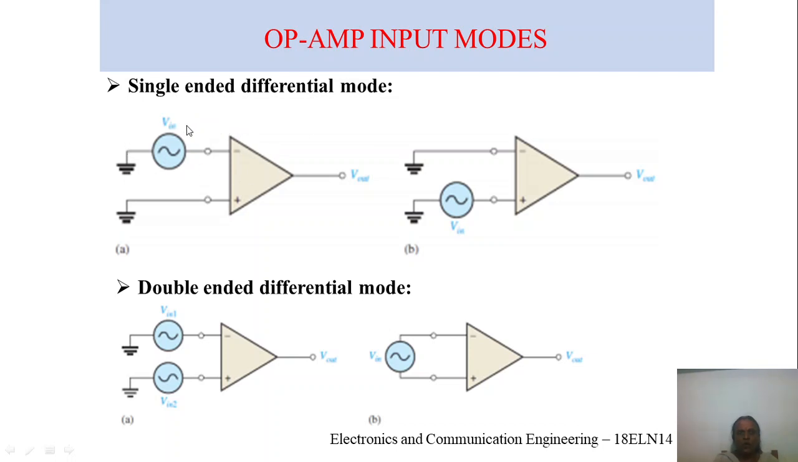The input and output signals are 180-degree out of phase if the inputs are given to the inverting terminal. Inverting is minus, non-inverting is a plus terminal. Next, if the input is applied to the inverting input, then you have to check whether the input and output signal are